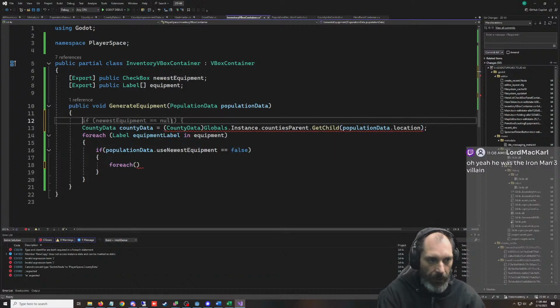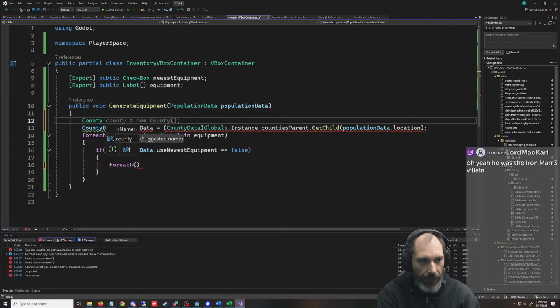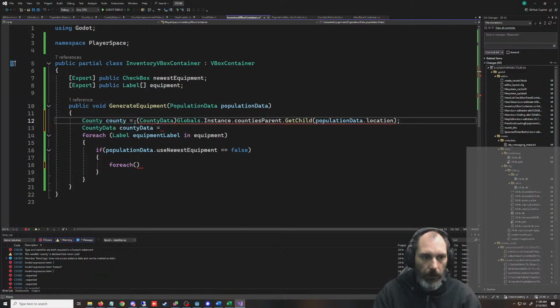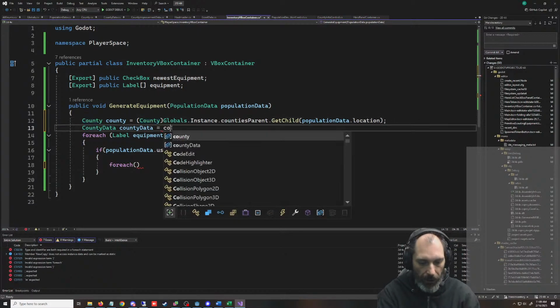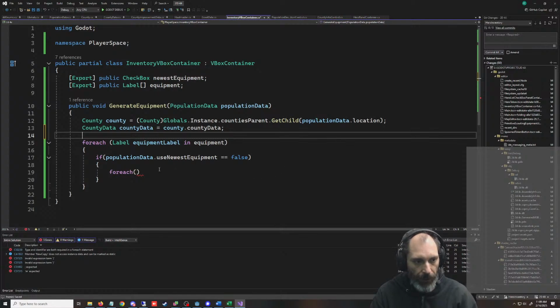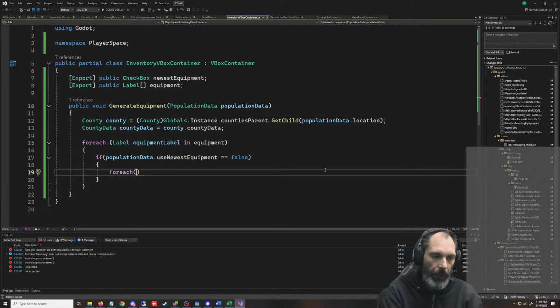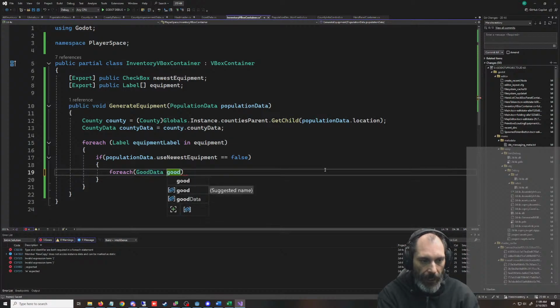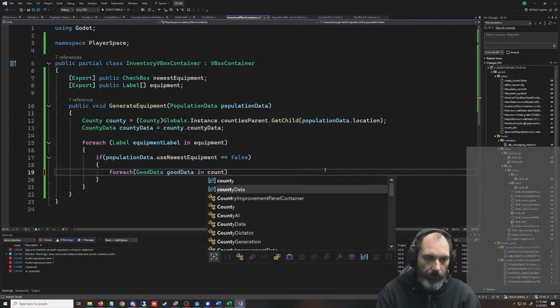I think I do, because there's a county in here first. And this is going to be a county. And then this is going to be county dot count. Yeah, exactly. There we go. And then we'll put a space there for each. Good data. I think we have this just in one.